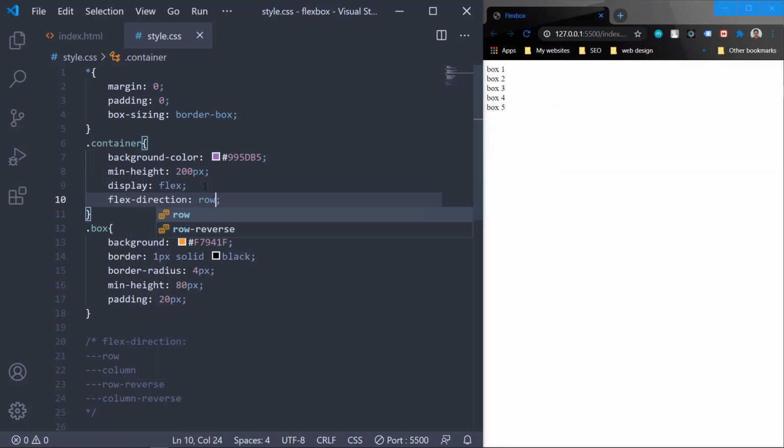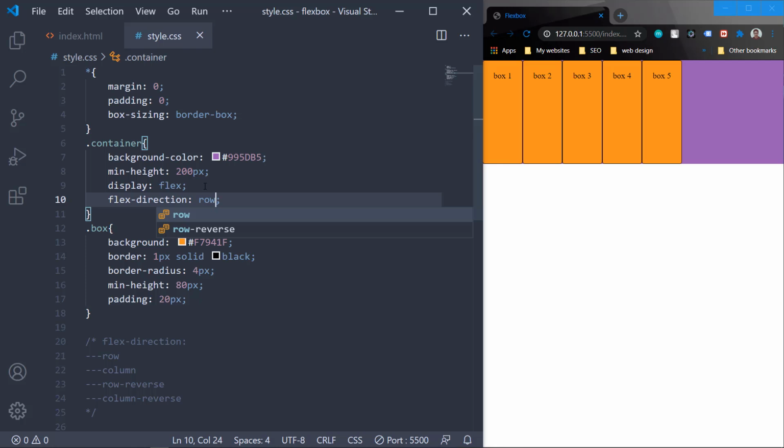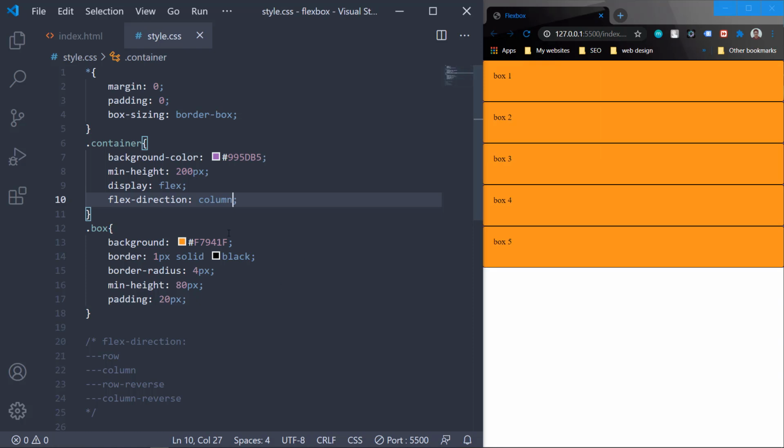Now it is the default value and nothing will change, but we can also make it column. And now the main axis or the flex axis will be changed to vertical columns. Now row reverse and column reverse are almost the same as this, but there are some differences.